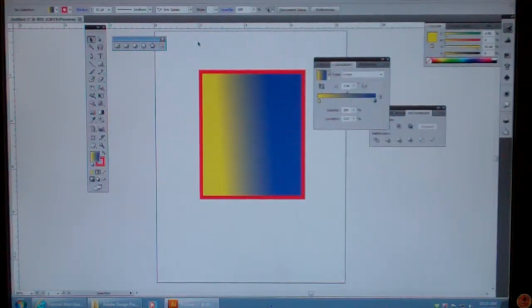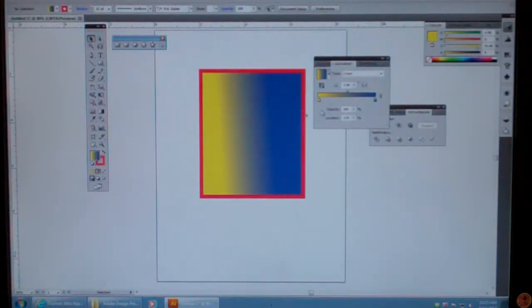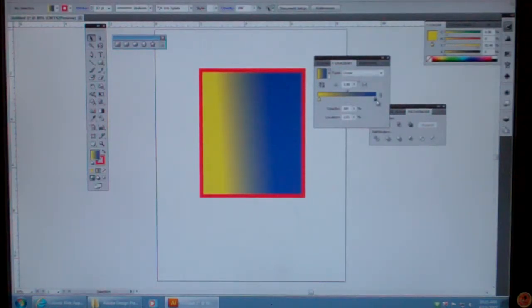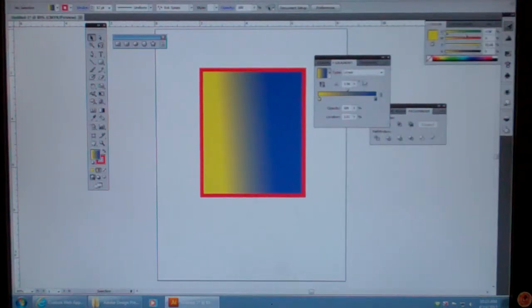Let's go back to that gradient now. If I want to add a third color, right now I have two colors. I have yellow to blue. If I want to add a third color, I come over to my color palette, and if my color palette's